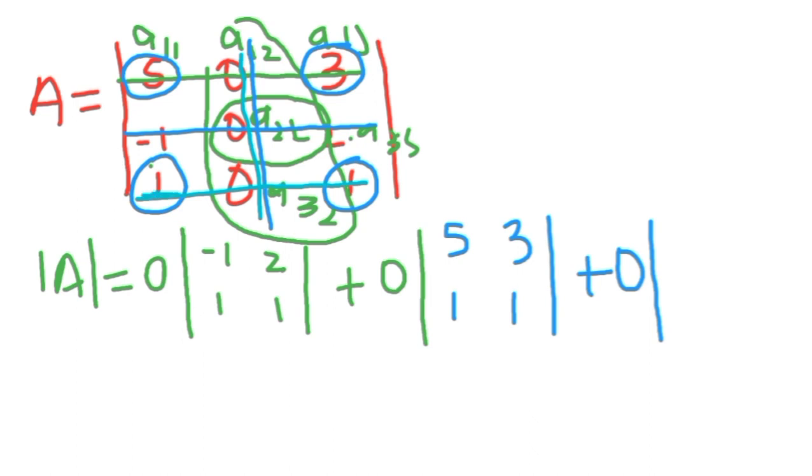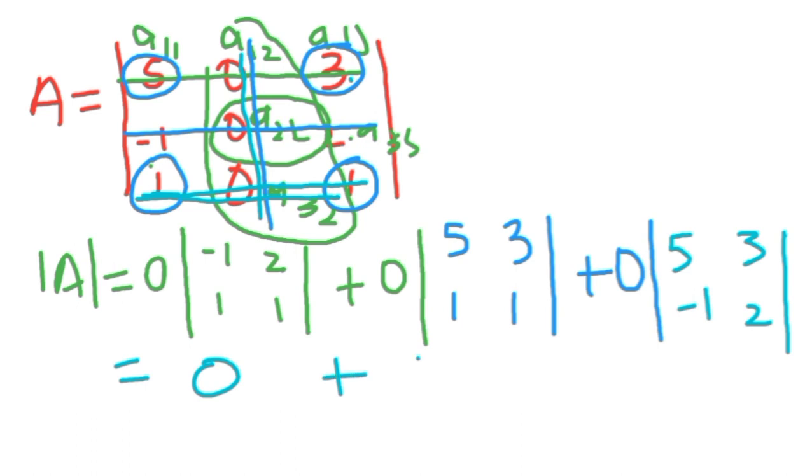Now deleting this row and this column, we are left with 5, -1, 3 and 2. We don't need to actually write this. We can see here that 0 times this determinant is 0, plus 0 times this determinant is 0, plus 0 times this determinant is 0. So the determinant is equal to